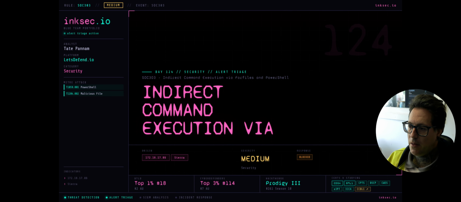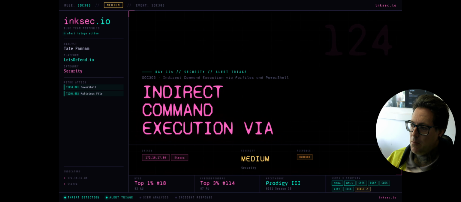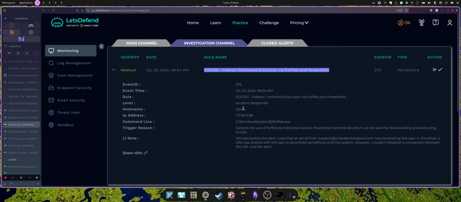We have SOC303, indirect command execution via forfiles and PowerShell. Let's jump into the alert. I've already assigned it to myself. As we can see here, it's on hostname Sierra. It's an incident responder level. We have the internal 172 IP, and the command has been Windows System32 forfiles.exe. The trigger reason detects the use of forfiles to indirectly execute PowerShell commands, which can be used for downloading